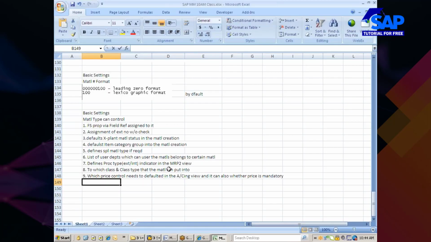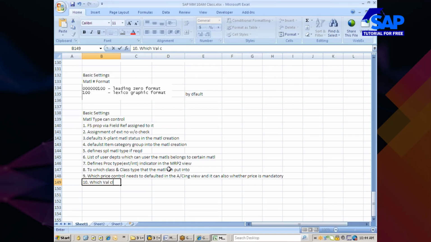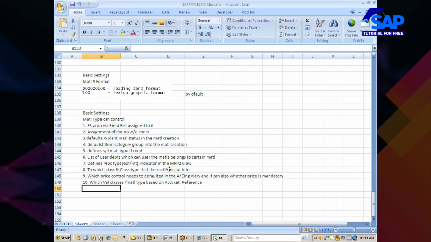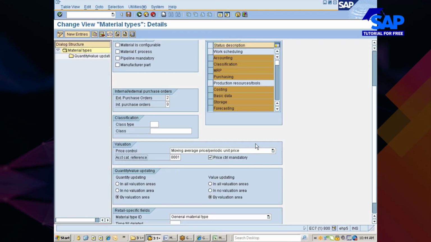It controls which valuation classes per material type, based on what we call the account category reference. So this is one thing which it can control.